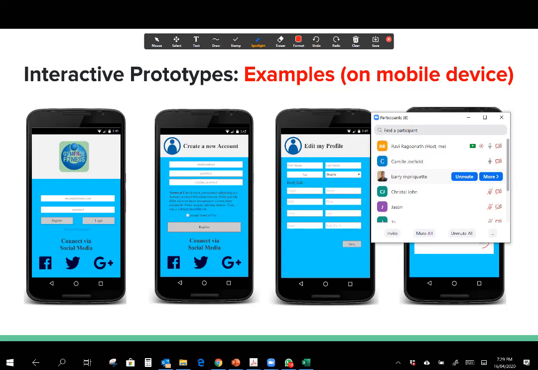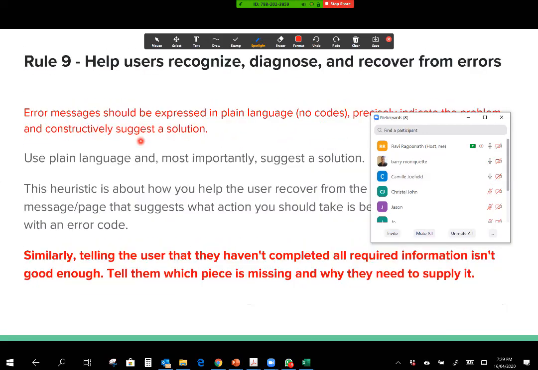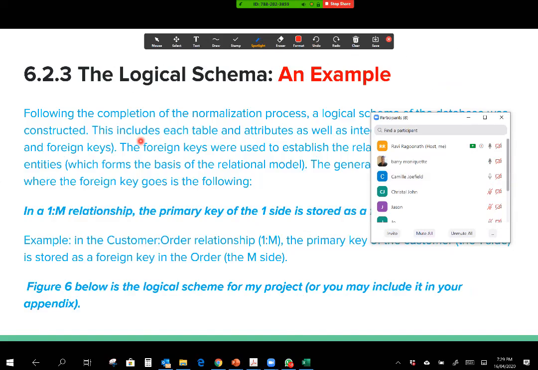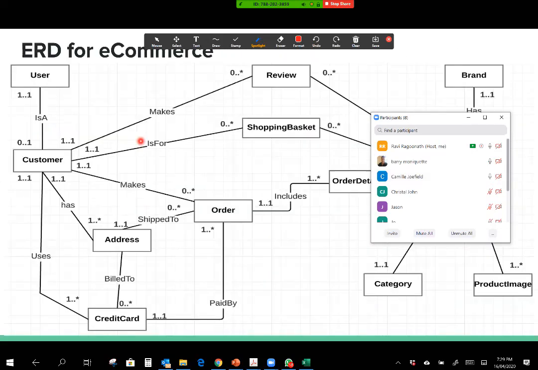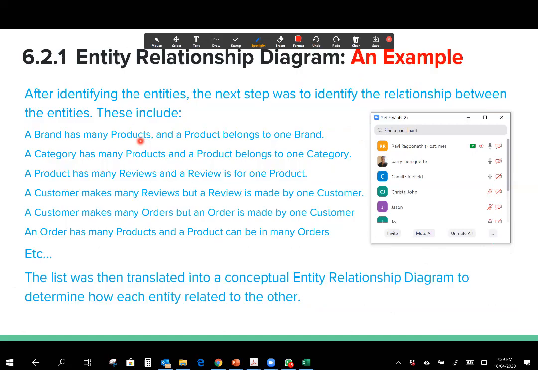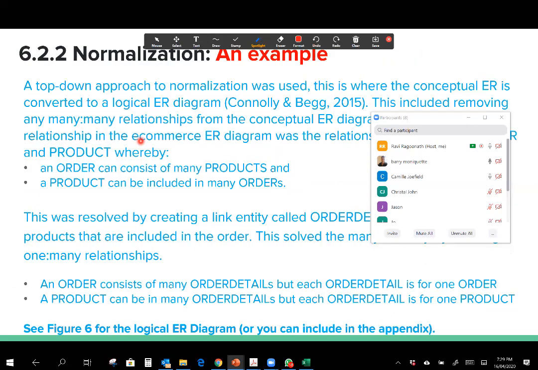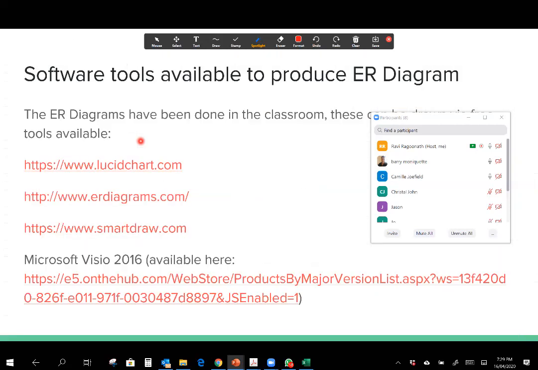Nope. All right. Well, the software for drawing the ERD diagrams. I've given a list of software you could use, but of course you're not limited to these. In the lecture notes, just after the ER diagram, I think I've mentioned the software you could use for it as well. Just a second. ER diagrams. These are a list of them: software tools to produce ER diagrams. You could use Lucidchart, Smart Draw, Visio.